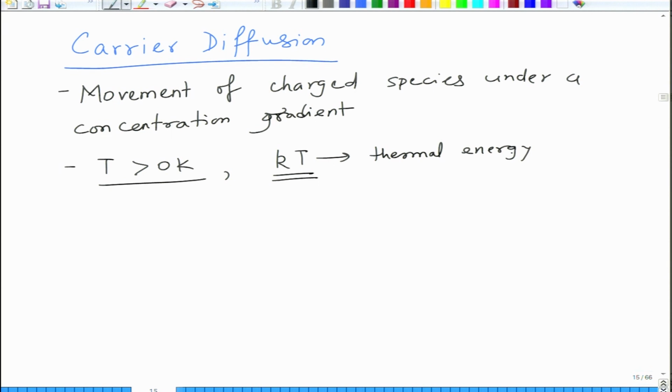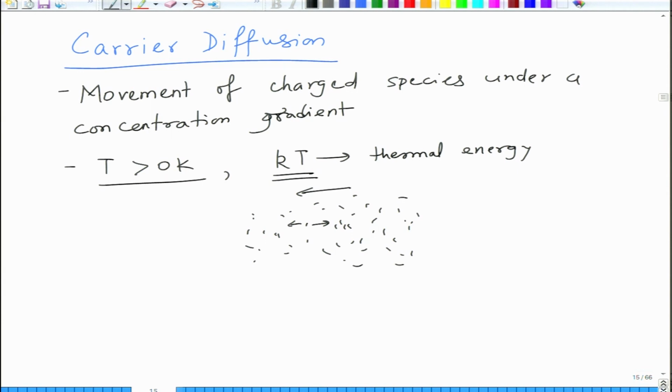If you have a species like this, generally you won't have such an ordered state. So, let me just draw. If you have a situation like this, where on this side you have more carriers than on this side, carriers would like to move in this direction overall. But since diffusion is a random process, carriers can move in this direction as well as in that direction, but there is a net flux in one direction because of the concentration gradient.